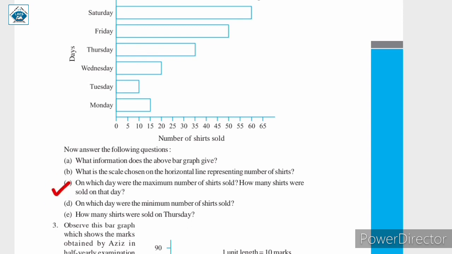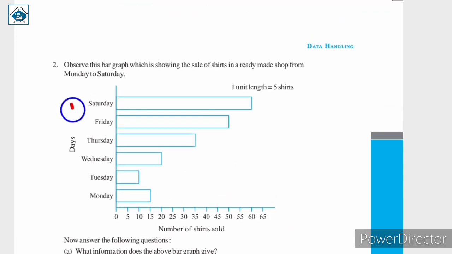On which day were the maximum number of shirts sold? How many shirts were sold on that day? So here we are asked 2 questions: on which day were the maximum number of shirts sold, and how many shirts were sold. So here as we can see, on Saturday the bar is the longest, the height of the bar is the longest. Here as you can see, this is the longest bar, and that is on Saturday. So maximum shirts were sold on Saturday. And how much? If you look at this using a straight line, it can be observed that 60 shirts were